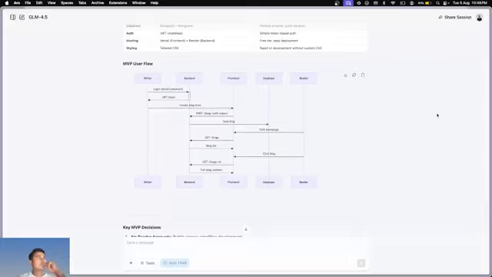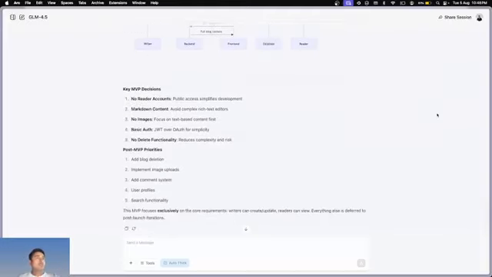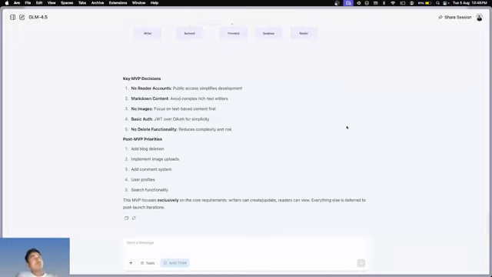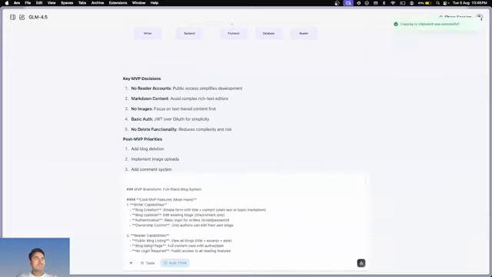Readers can visit the homepage and click a blog, and the front end can get blogs, and the backend can send the blog list. Key MVP points: no reader accounts, public access simplifies development, avoid complex rich text editor, focus on text based, no delete functionality. Okay, looks good. So let's take this,